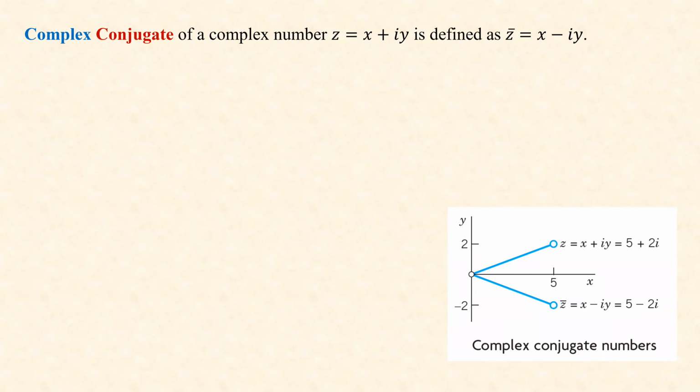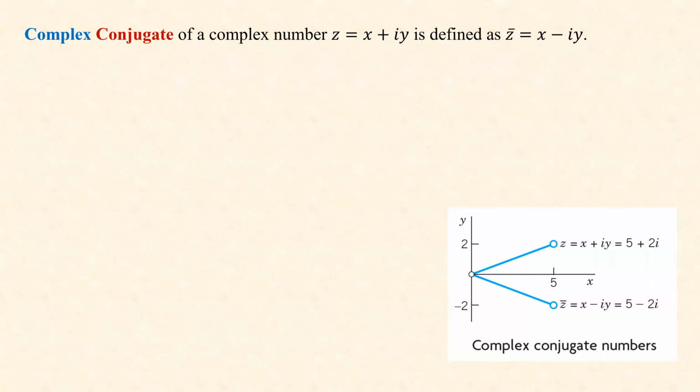And if you look at it in the complex plane, graphically, you see that the imaginary part flips over. The real part stays the same. For example, 5 plus 2i is this point. It has a real part of 5 and imaginary part of 2. And if you take the complex conjugate of that, it becomes 5 minus 2i. So the real part stays the same, but the imaginary part flips over. So it is like a reflection around the real axis, right? The complex conjugate of a number is a reflection of that number